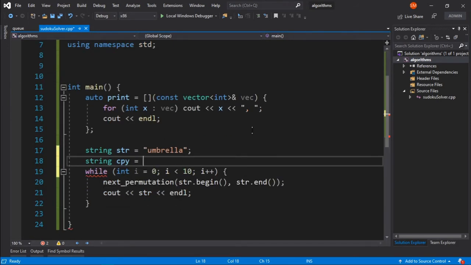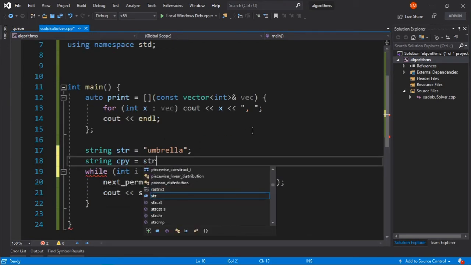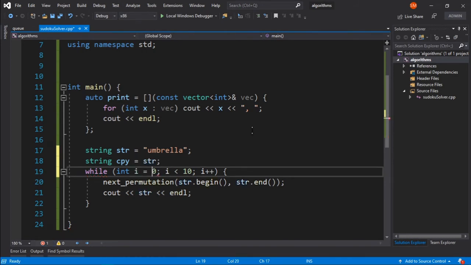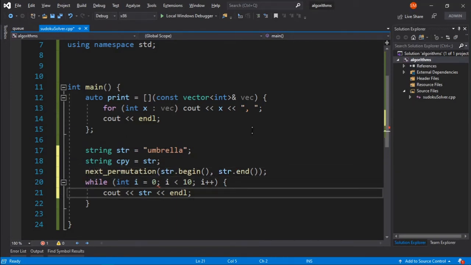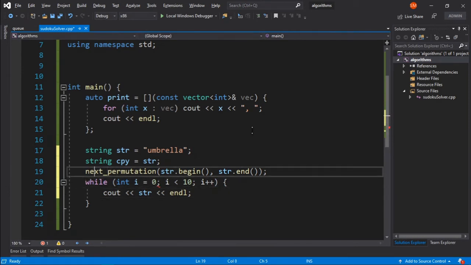So I will just copy the string here as cpy. I will first call next permutation once outside so that our string looks different, and then while we are doing the same stuff, we are looping through the whole thing.